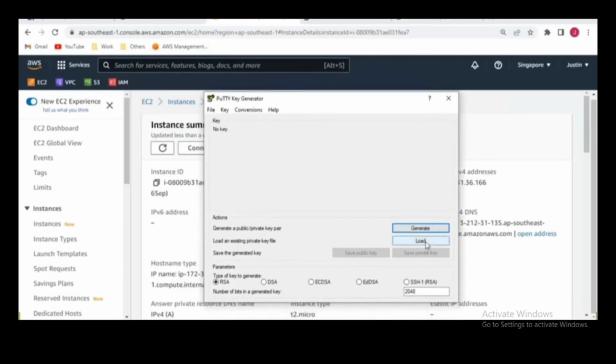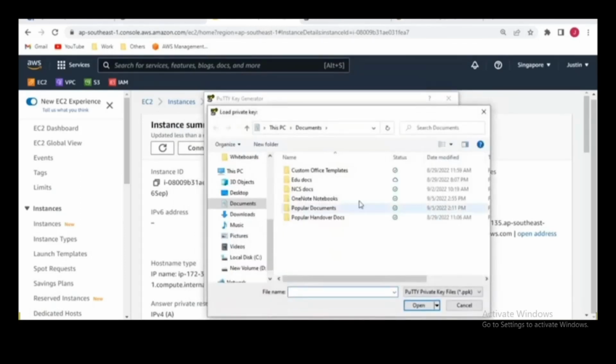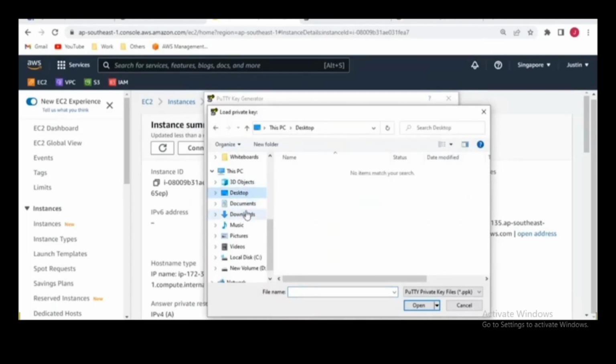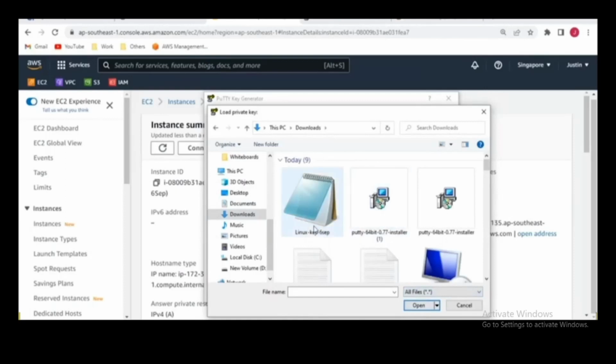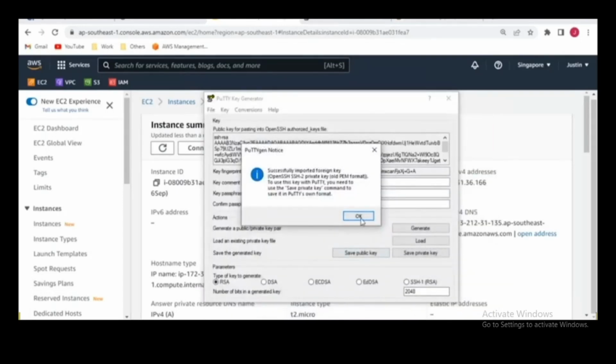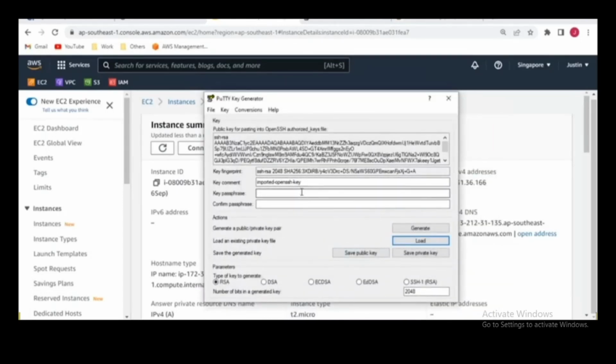We go ahead and click on load. Okay, and in this load, I'm going to load this file that we just downloaded. Okay, so the key pair that we just downloaded, I'm going to load this file, right? So if you see, this file has been